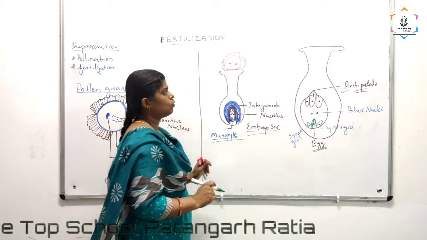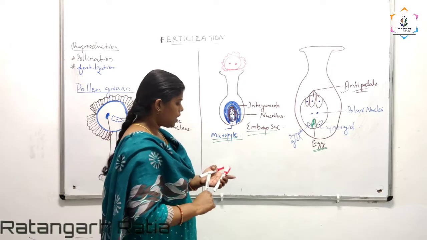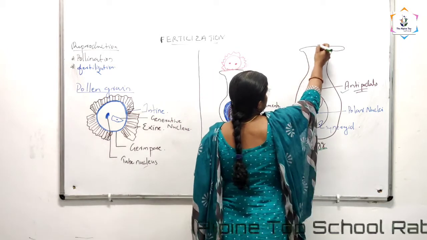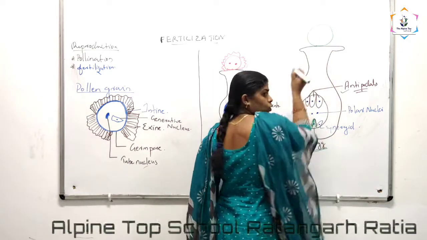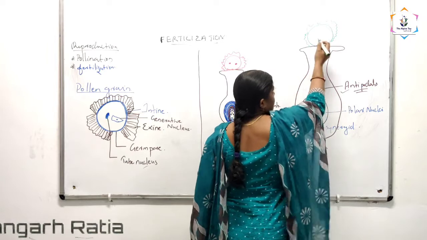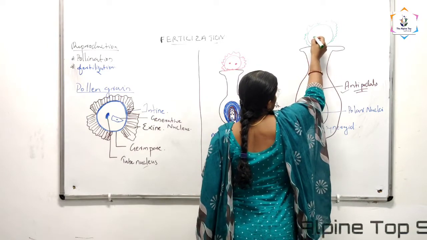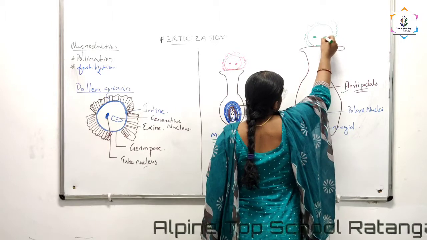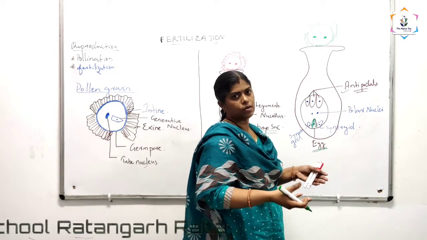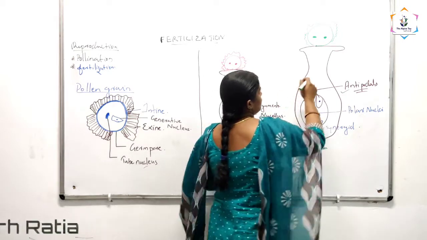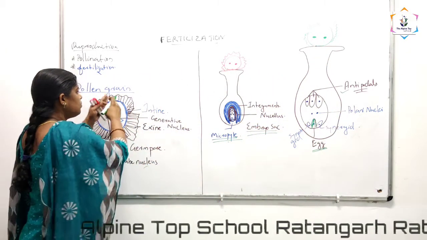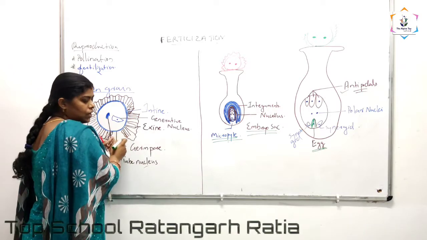Okay, so now let us see how the fertilization is taking place. As I have told you, the pollination has been done already. Okay, so the pollen grain is here on the stigma. This is exine. I am just making it. Okay, within that, how many nuclei are there? 1 tube nucleus and 1 generative nucleus will be there. Okay, the tube nucleus is making the pollen tube. The tube nucleus is making what? The pollen tube. So from where the pollen tube is starting, I have told you there is a place within the pollen grain where there is no exine, and we call it as what?